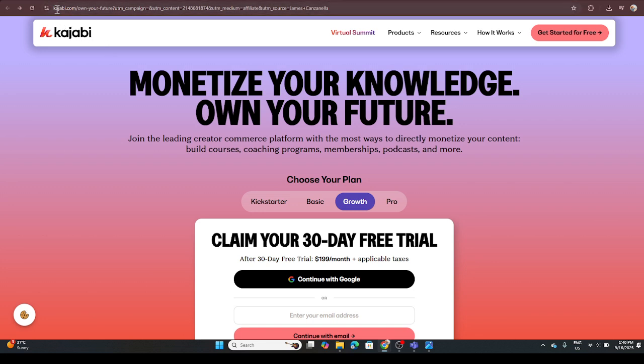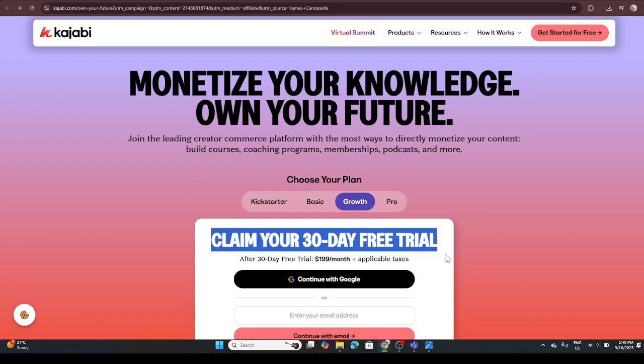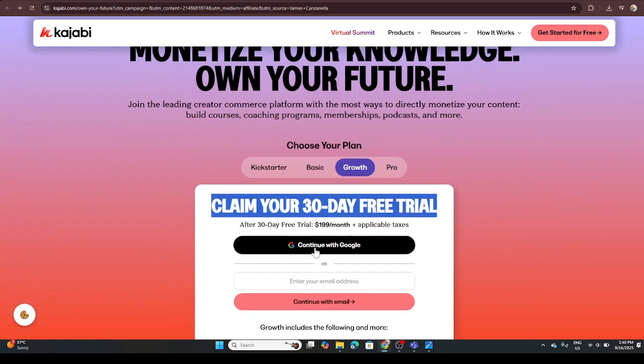First, you'll want to launch your preferred web browser and head on over to the Kajabi website. You can easily find it by searching for Kajabi, the #1 trusted creator commerce platform, in your favorite search engine. Once you've arrived at their homepage, you should see a prominent button that says Claim Your 30-day free trial. Go ahead and click on that button. It's your golden ticket to start exploring Kajabi's robust suite of tools designed to help creators like you build and